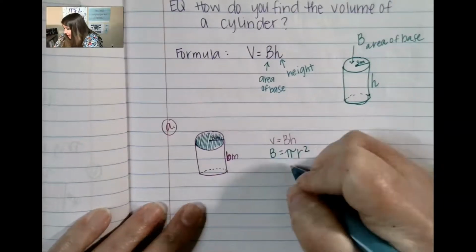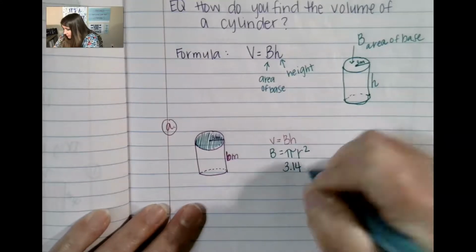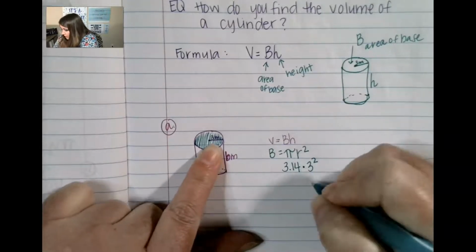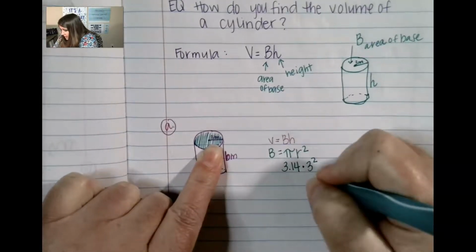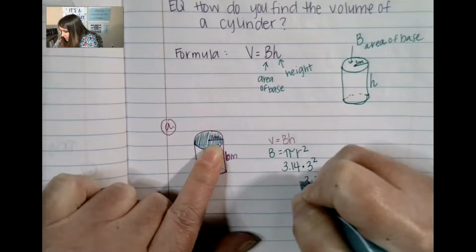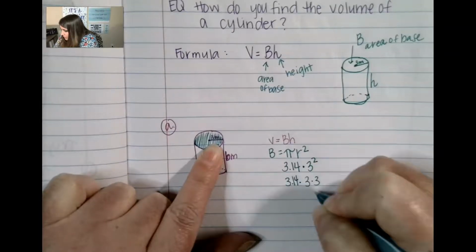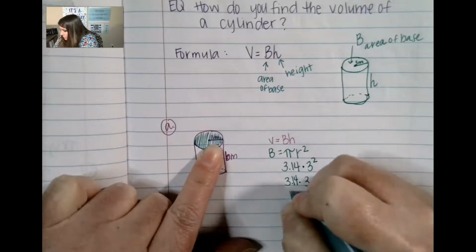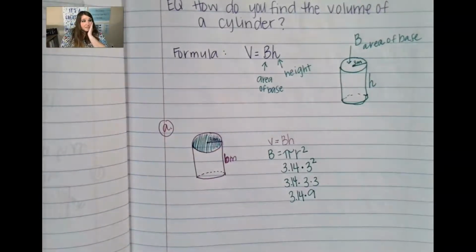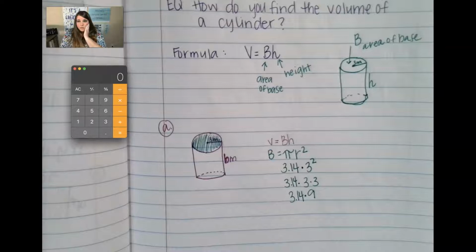She's very loud. We're going to do 3.14 times our radius, which is 3 squared. We already know how to find the area of a circle. So that's why we know to do 3 times 3 times 3.14. So 3 times 3 is 9 times 3.14. And that is going to give us a total of, let's pull this over here, 9 times 3.14. That gives us